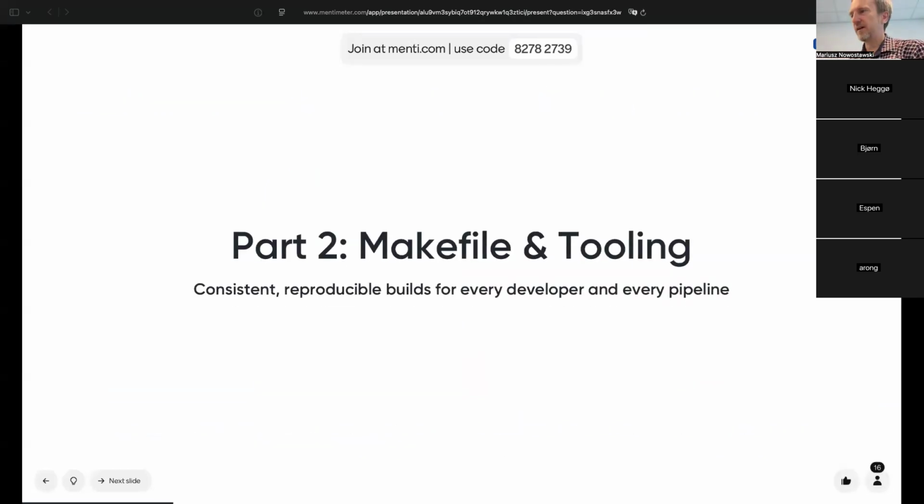All right, Makefile. So we are done with part one. We're doing well, I think. And part two, Makefile and tooling. So we want to have